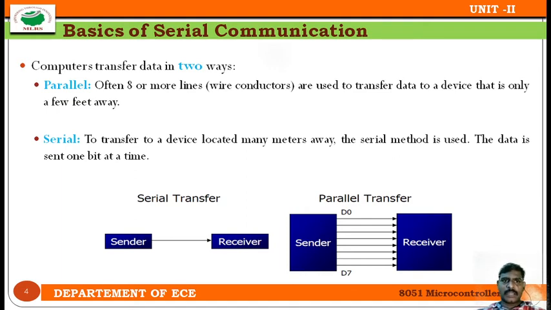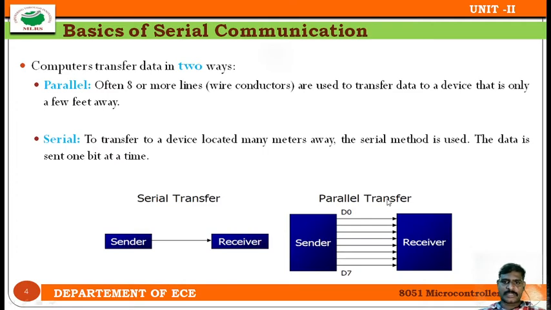So which communication is better, serial or parallel? If I want to implement communication over a shorter distance, within a room, I can prefer parallel communication. But if I want to transmit data over a longer distance, parallel communication is very difficult because I need that many wires. Suppose it is 32 bit, then 32 lines need to be connected between transmitter and receiver. Whereas if I use serial communication, one line is sufficient, where data is sent between the sender and the receiver bit by bit.